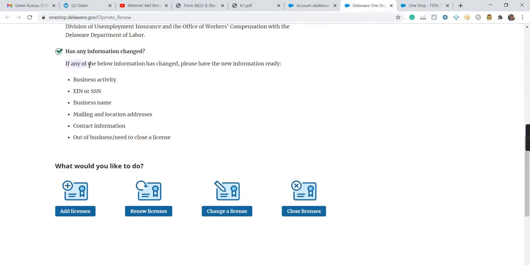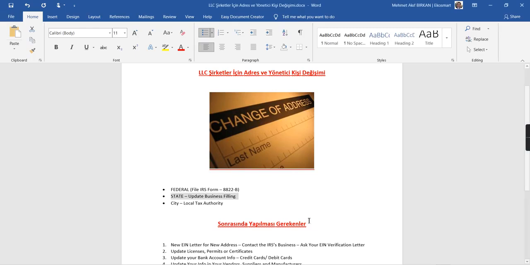Look at what it says here. If any of the information below has changed, please make it ready and send it to us. What will it be? Mailing location address is the issue we are focusing on. Has contact information changed? Has the company name changed? EIN number or SSN, social security, business activities. So you went from wholesaler to retailer or something else. Or if you have obtained any license and you want to change the license, how do you do this, friends? You call this change license. If any of this information has changed,